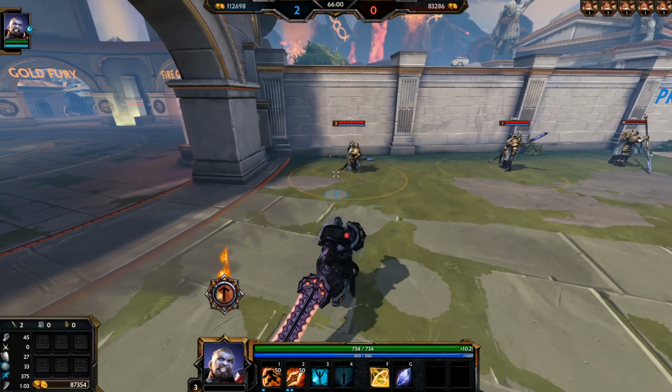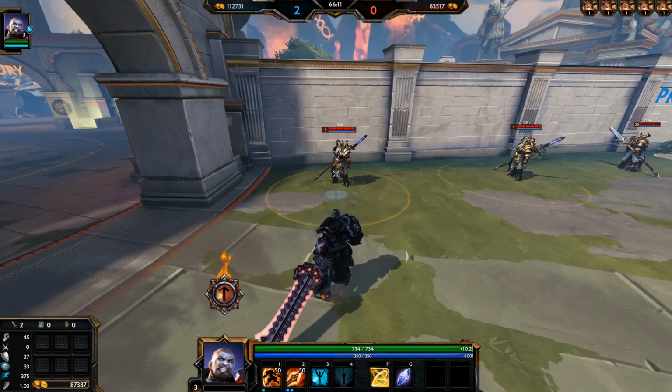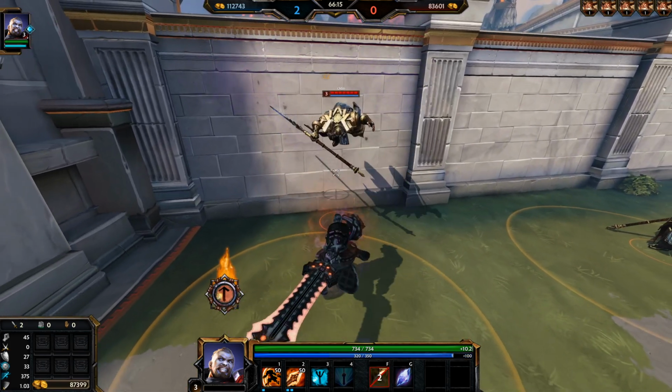So I'm going to be showing you guys how to play Tyr. Now the passive: stuns, taunts, fears, intoxicate, and mesmerize cannot affect Tyr for longer than 1 second. Really good passive. Now getting on to the orange stance abilities, your 1 knocks them back and knocks them